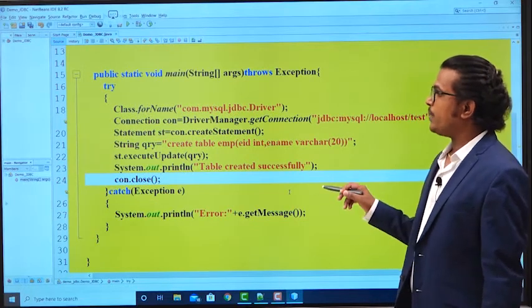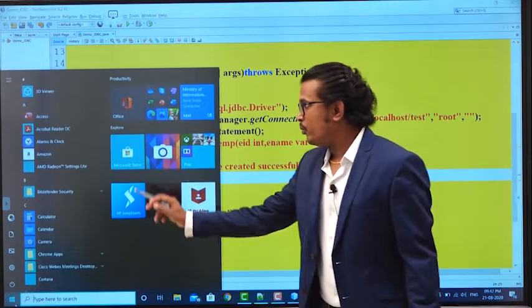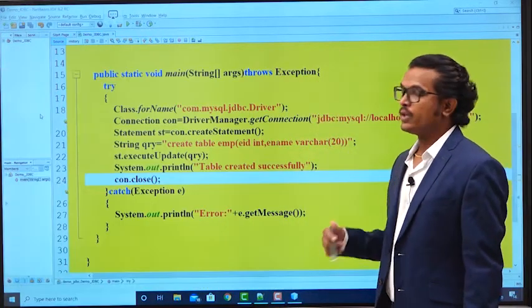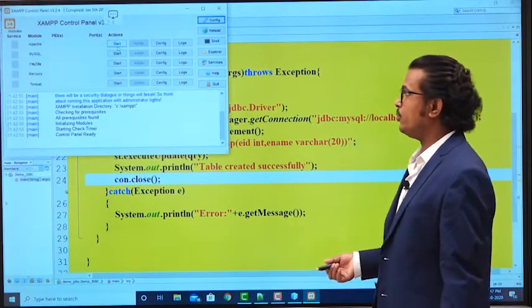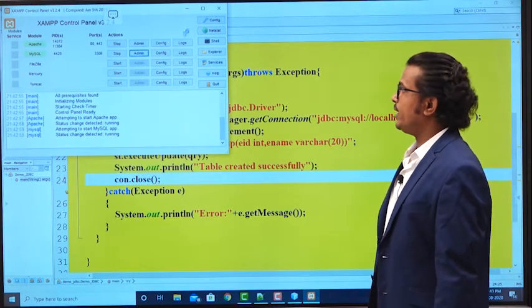Before compilation, go to your Windows and open your XAMPP, because we have to run the MySQL server for our program. First start and click on the MySQL server, go to the admin.